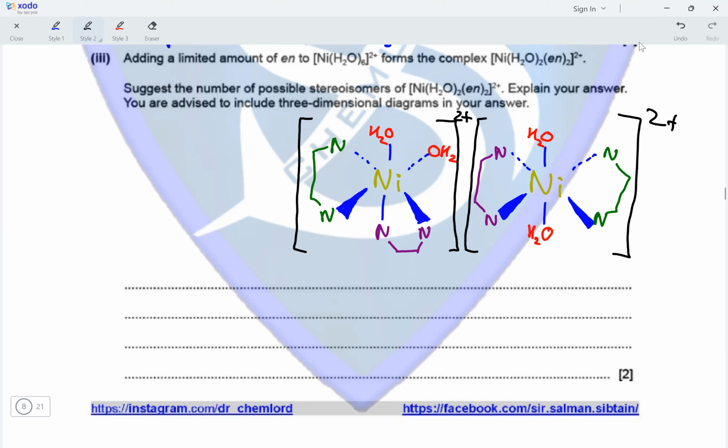So the one on the right is a trans isomer and the one on the left is a cis isomer. Now for the third isomer we would need to draw a mirror so that we can show that these are optical isomers,